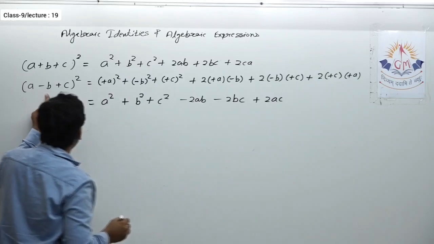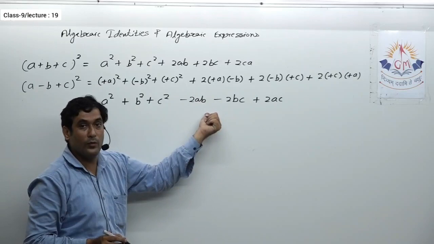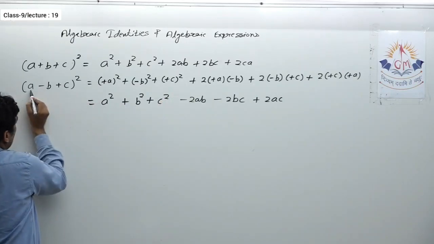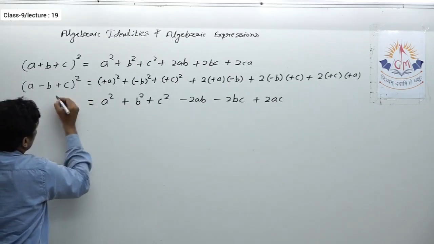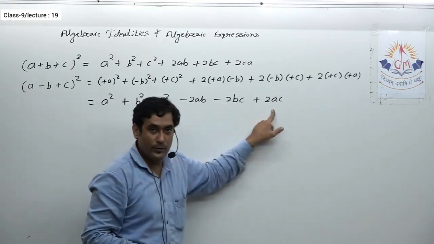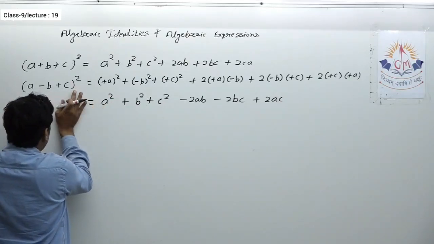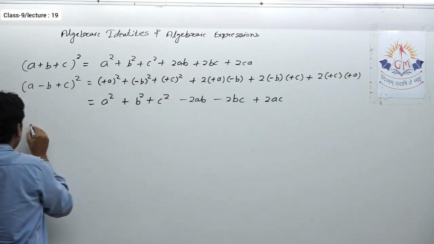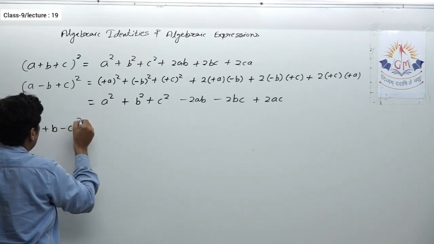So here b was negative, so wherever b comes in the multiplication other than the first three terms, those terms will be negative. So here I have to write 2ab. Simply I will do it this way: 2 into a into minus b, so minus 2ab. Then 2 into b into c, so minus 2bc, because of this minus sign. And these two are positive, so this will remain plus 2ac. Okay, so no need to mug it up separately. You have to find the expansion of this type of expression using this expression. Okay, let us see the next one. Suppose I take here plus b and here minus c square.